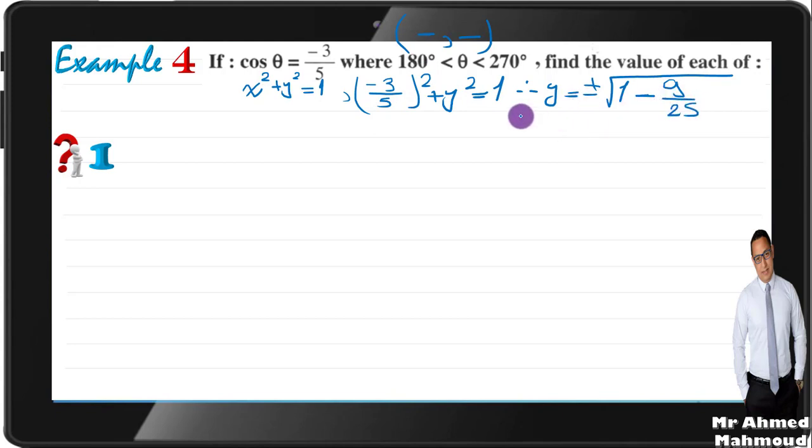Here y must be negative, so I will take the negative only, so it will be negative root 1 minus 9 over 25 equals 4 over 5. So this is y, or sine theta. Now we have cosine theta equals negative 3 over 5 and sine theta equal negative 4 over 5. Number one, we need cotan